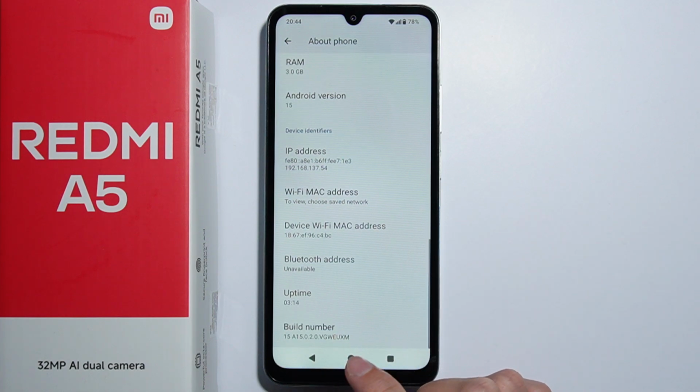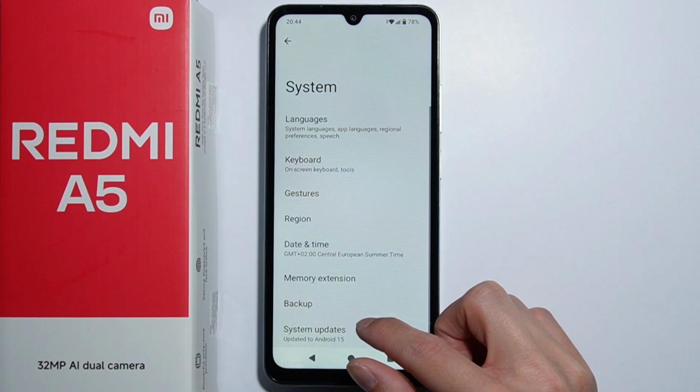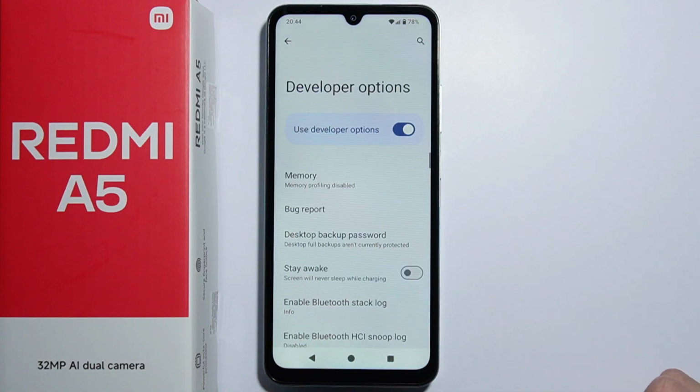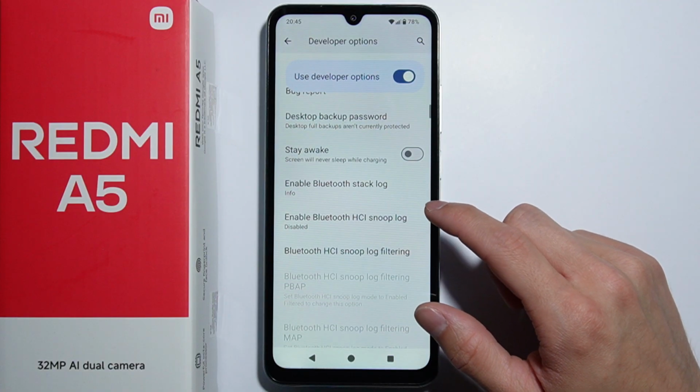So now to enter the developer options, we have to go back, go into the system, and all the way down right here there are developer options. Let's go in there, and here in these developer options, this is the place where you can find the USB